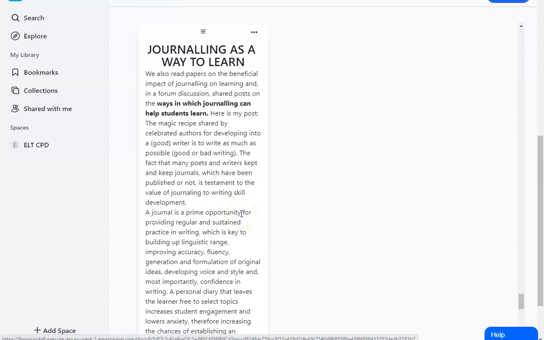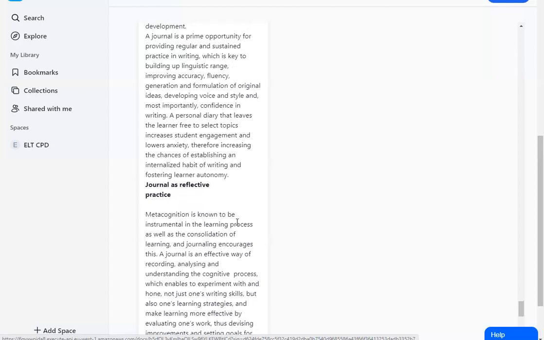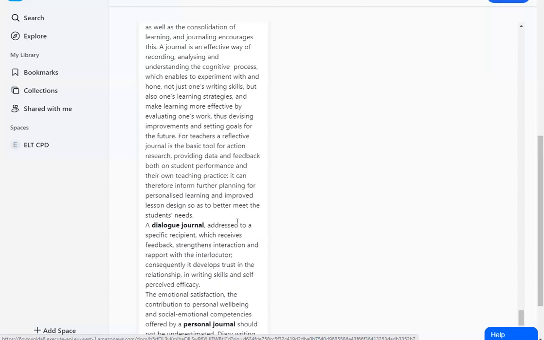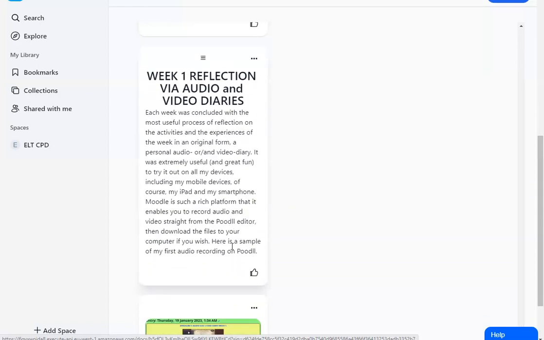We, of course, discussed the benefits of using a journal to improve language skills. And most importantly, this course was a hands-on session. We did what we learned. We put what we learned into practice.